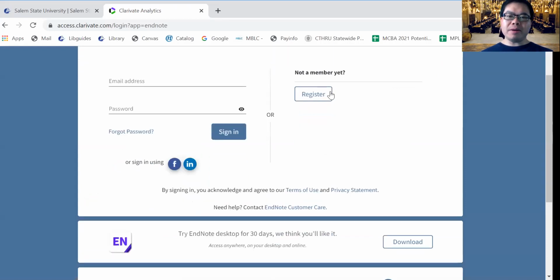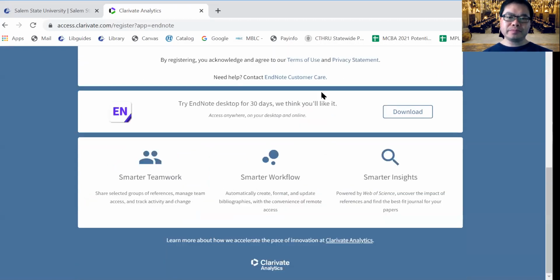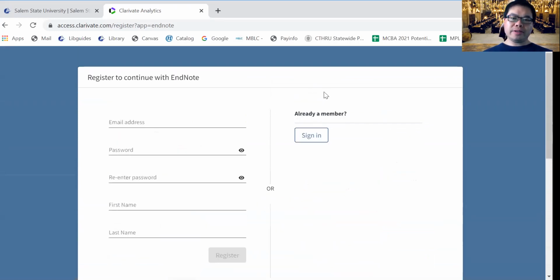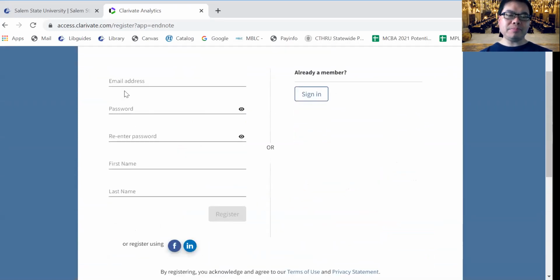And if you are not a member yet, you can click on register. And with this, you just have to fill out those couple fields there with your email, your password, and your name. For Salem State students, I would suggest that you use a non-Salem State, non-institutional email, such as Yahoo, Hotmail, Gmail, just because when you graduate from Salem State University, and if you need to continue to use EndNote, you can. If you did sign up with a Salem State email, you won't have access to your Salem State email